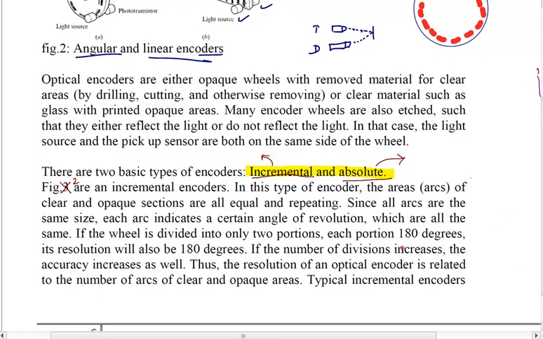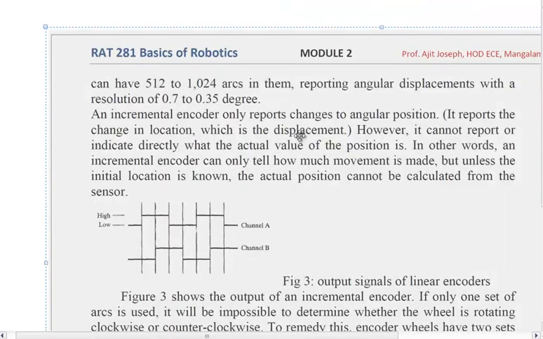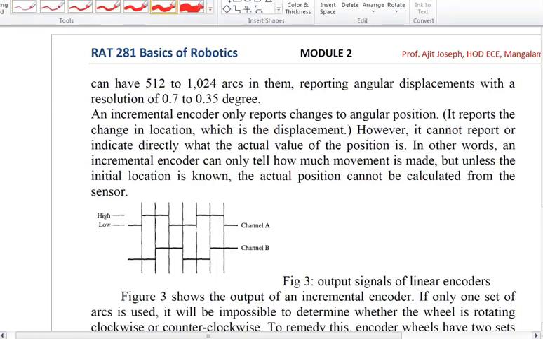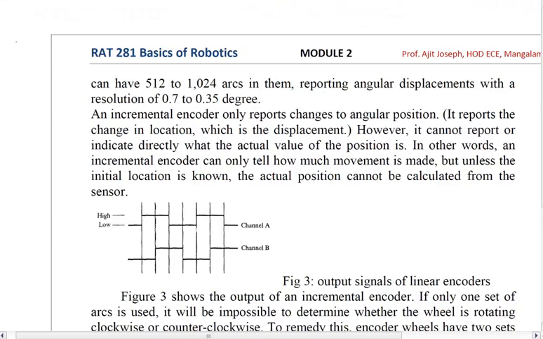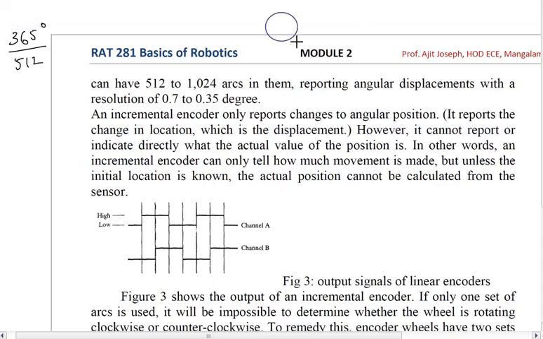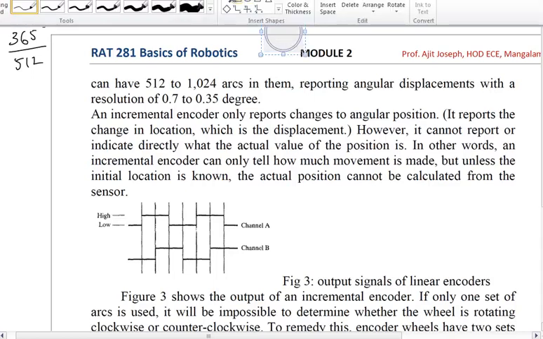Now as it is written here, in the next slide, you can have the circle divided into 512 angles. That means, suppose we know that we have 360 degrees within a circle, isn't it? If I divide it into 512, how do I divide it? What is the meaning of division here? Here it means that if you have a circle like this, you basically divide it.